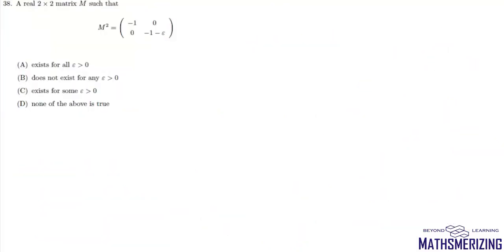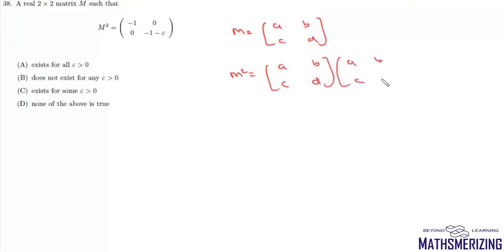Now question number 38 is, a real 2 cross 2 matrix M is such that M square is minus 1, 0, 0 and minus 1 minus epsilon, then which of the following option is true? So let us take this M as some A, B, C, D. Now if we'll find M square, it will be A, B, C, D into A, B, C, D. Now we'll multiply it, we'll get